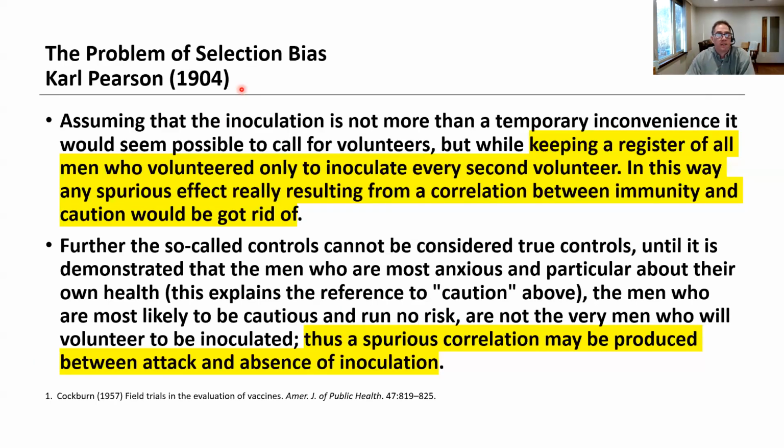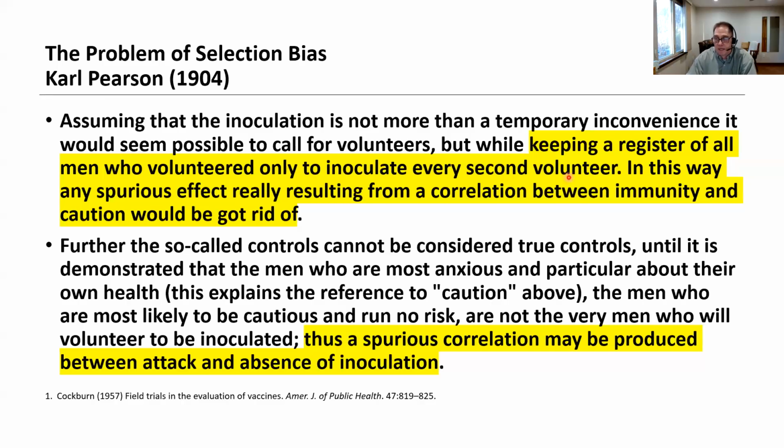So let's talk about randomization. In order to talk about randomization, I have to talk about selection bias. This goes all the way back to 1904, and Karl Pearson, in his publication, talks about the problem of selection bias. He's worried about an inoculation, essentially a vaccine trial, and his plan for adding patients onto the trial is to keep a register of all men who volunteered, only to inoculate every